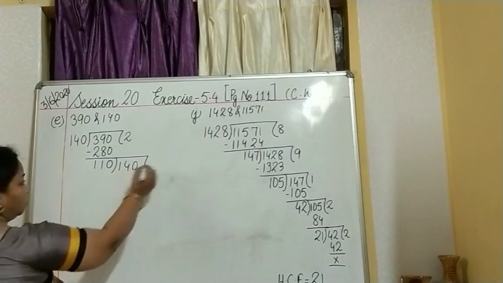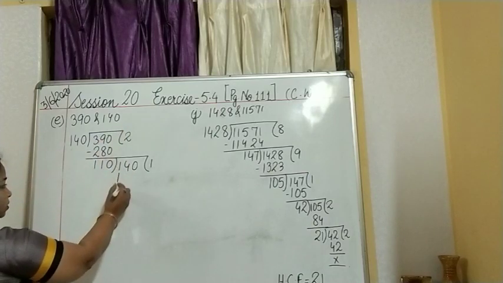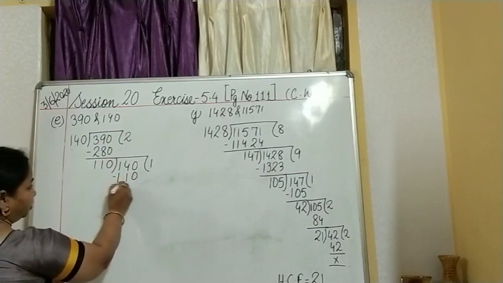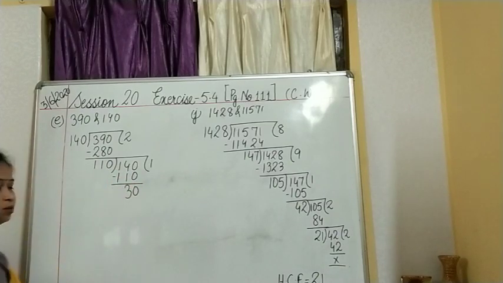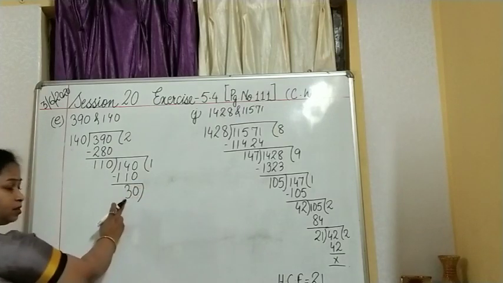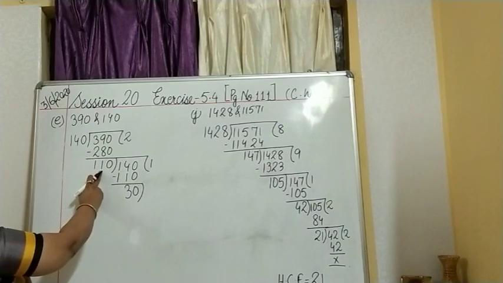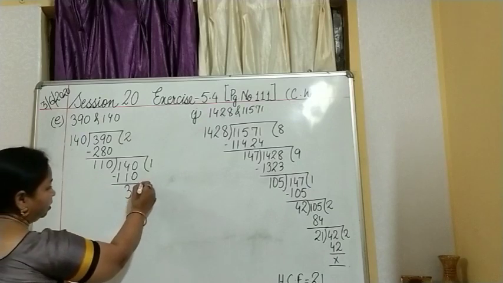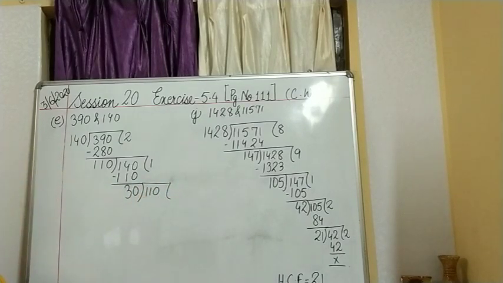Okay. So we forget about this and we concentrate on this. So you will get 110 over here. Subtract it. What have you got here after subtraction? 30. Again you are getting a remainder, but we have to move on till we get 0 as a remainder. So what we will do? Again this remainder will play the role of divisor, and the divisor of the previous will become the dividend for the next.